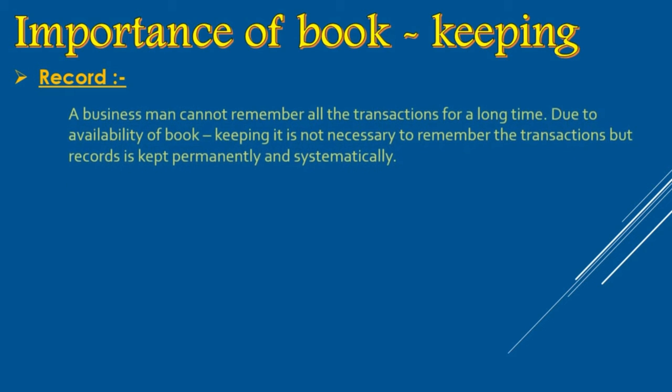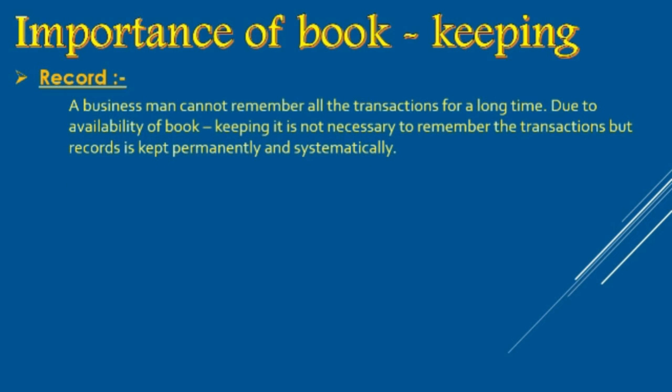Records, a very important point. We are all humans and we can remember things for only a short time, and even then we can recollect only 20% of it. So to avoid such a problem, we have to maintain records for accurate information. Such records are maintained systematically and stored permanently to get access in future if needed.